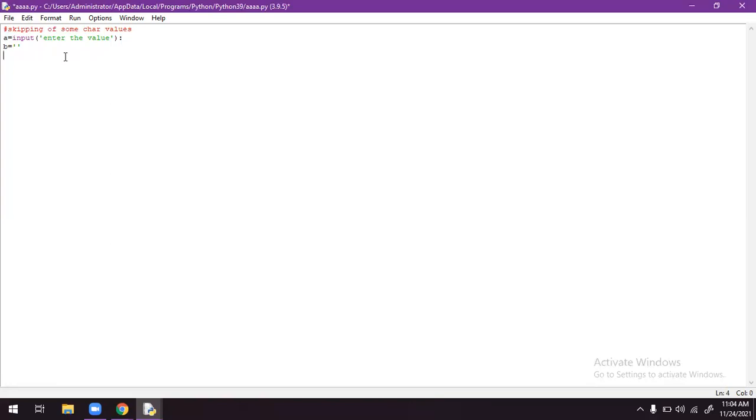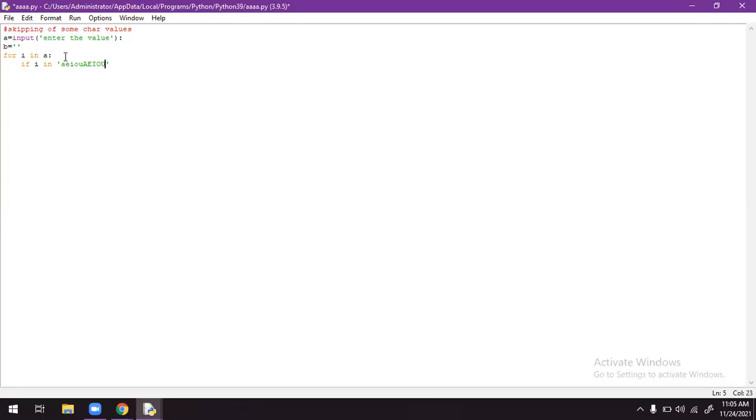So that's why I'm taking an intermediate variable and writing for I in A. If I in A E I O U, and capital A E I O U will also be present.